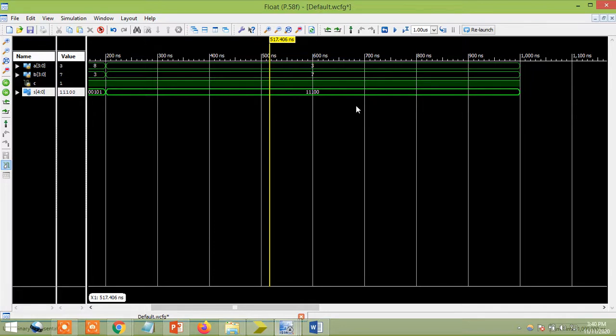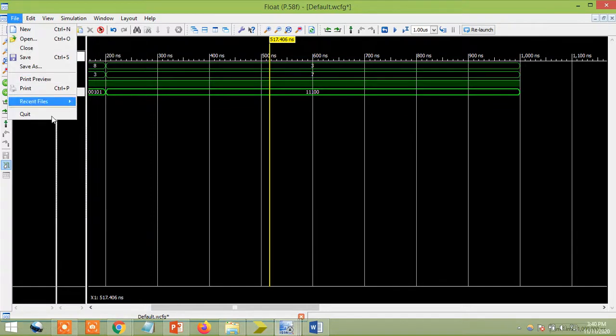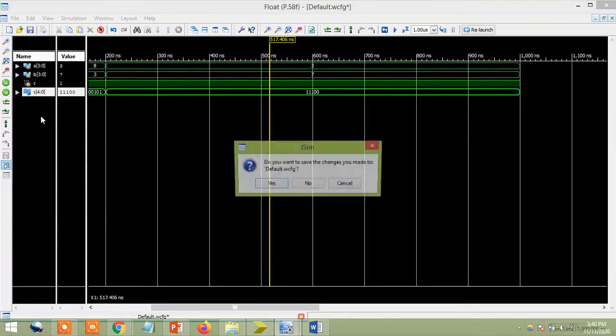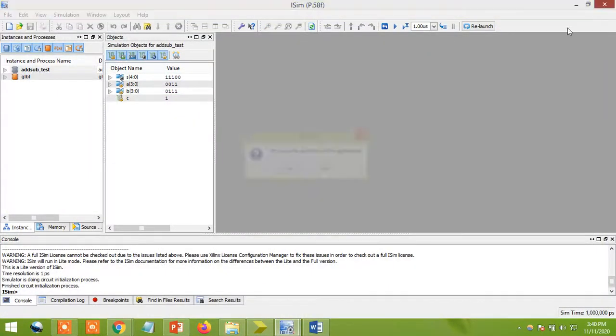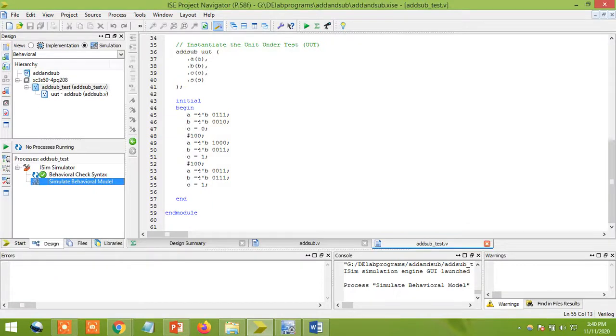Okay, so what changes can I do in this program? You can change the values for n number of bits. Just close this window also. Here they are given in binary. Sir, I don't want to give in binary, I want to give in decimal. Then what you have to do? I'll just change this one. I'll change to 4'd, which means a decimal number.